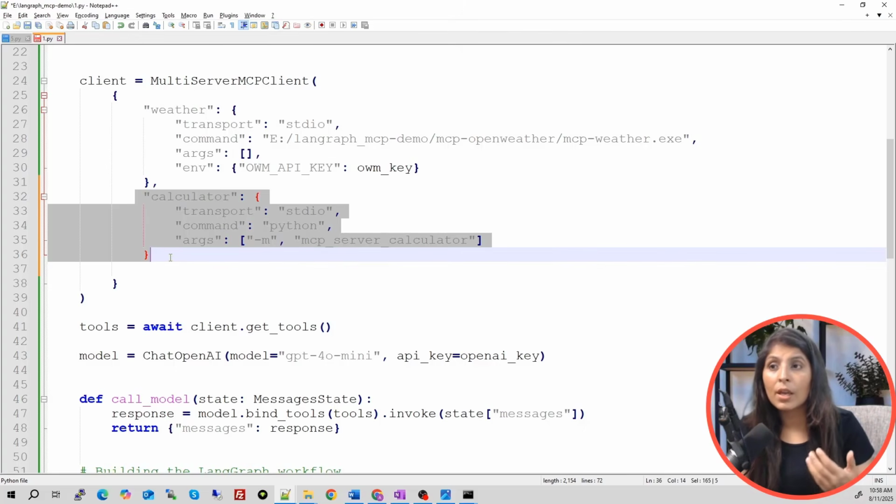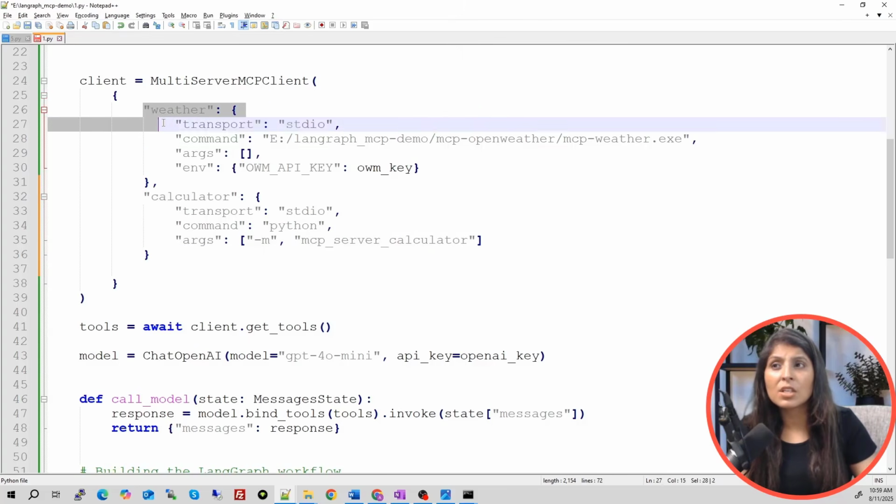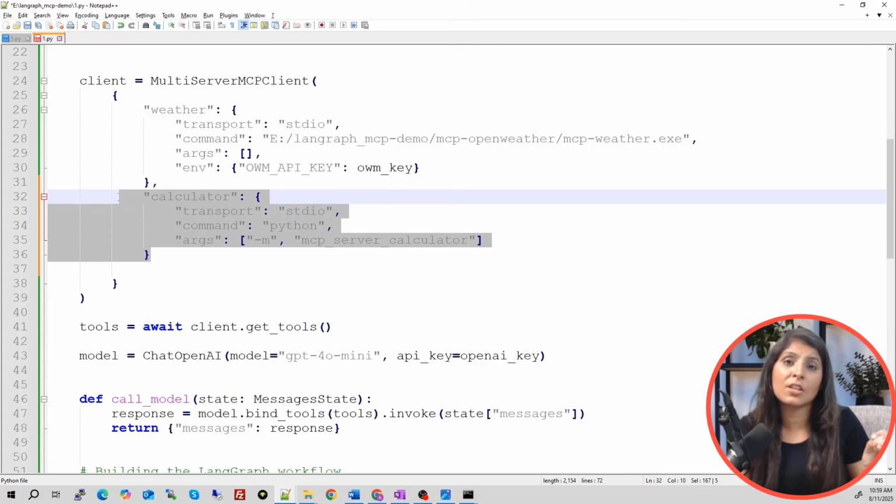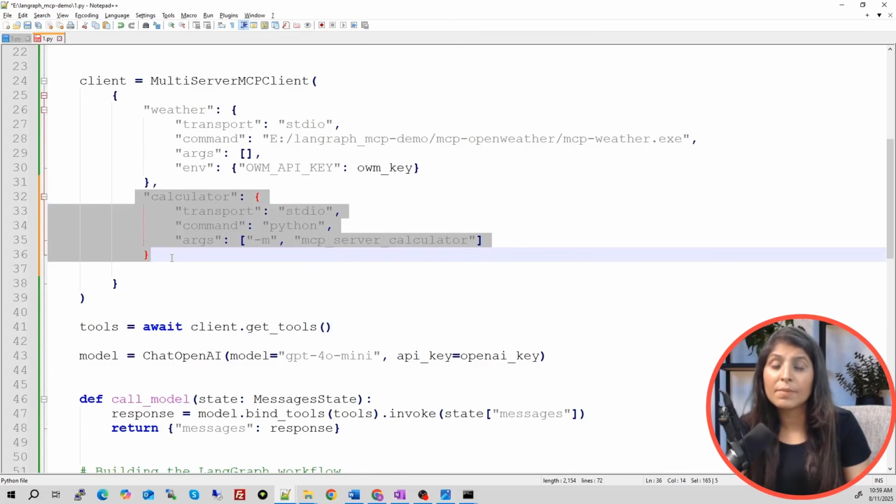This way you can even connect your MCP client with hundreds of different MCP servers, and whenever there is a change in any of the code, your code will still work, because our code only has the code related to the connection. The rest of the code is on the MCP server, right? So guys, this is how you can use multiple MCP servers.